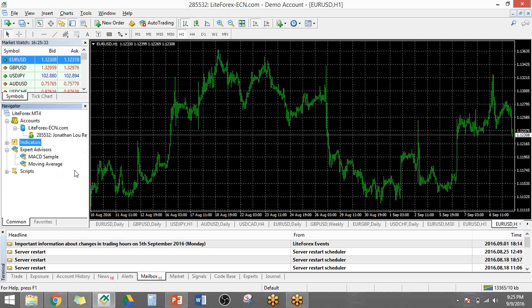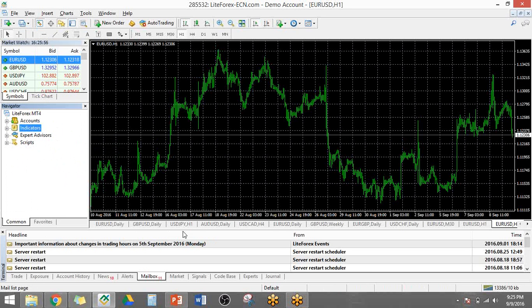So they're already programmed. You just plug it into your MetaTrader 4 and then automatically it trades for you. But do watch out if your expert advisor really works. So there you go. That's what you can see with a navigator. You have accounts, indicators, you have expert advisors.